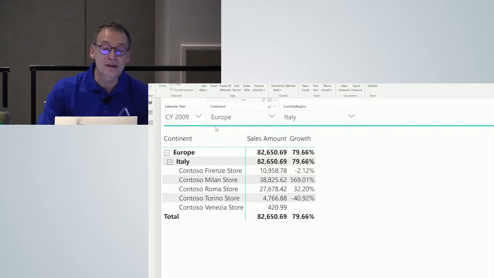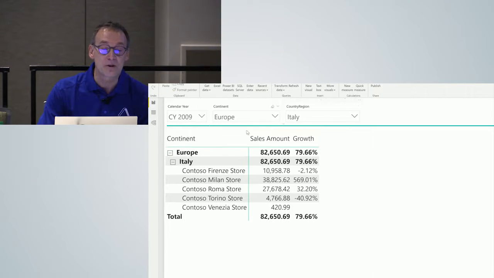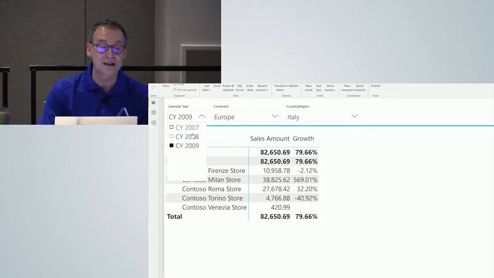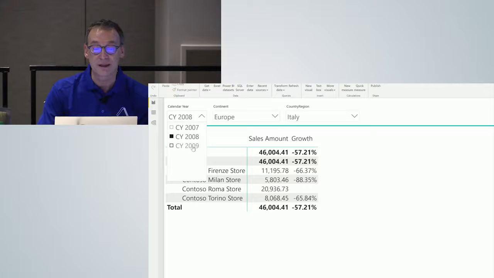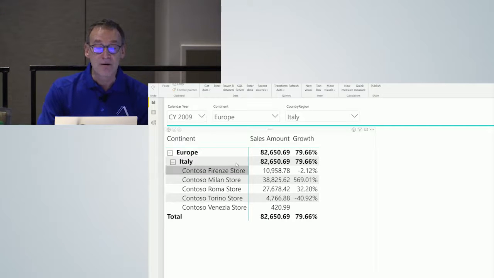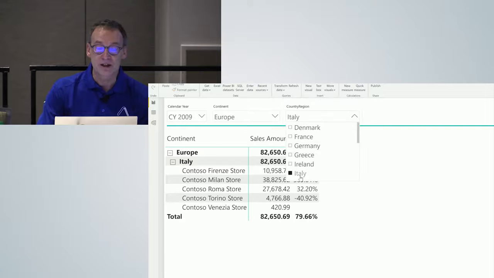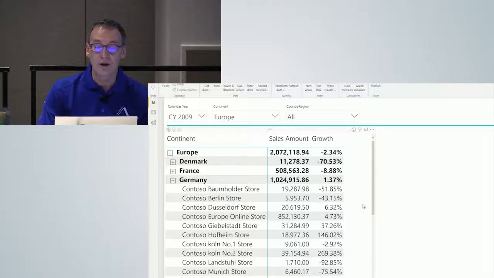For example, here you can see I have a slicer on the top, slicing by geography, and I have the sales amount and the growth against the previous year. So I can slice and look at different values. Of course, I need to have at least 1 year selected. Now I'm looking at Italy, but I can just remove this slicer, and I have a long list of old